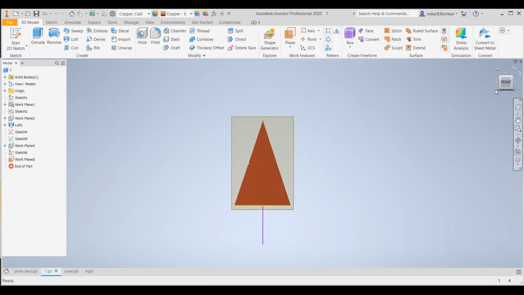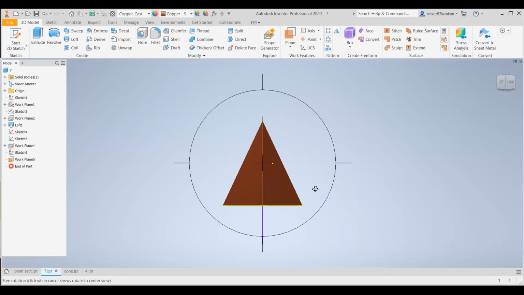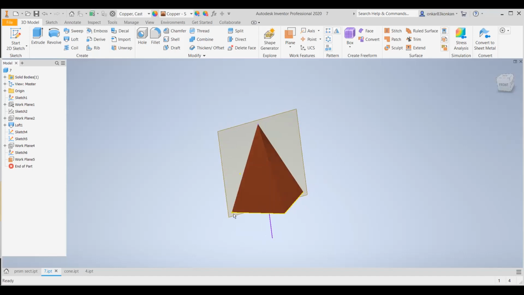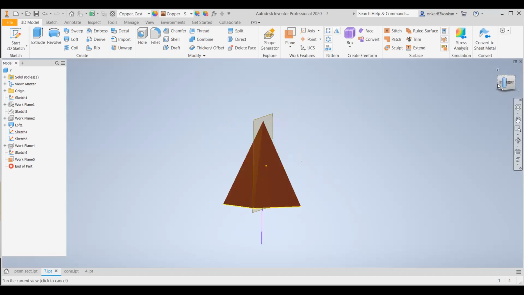So this is the position of the section plane. So I have selected the section plane, which is passing through these 2 points, that is the 2 corners of the base and the apex point. Okay. So for this position of the section plane, you can obtain the true shape as a triangle.